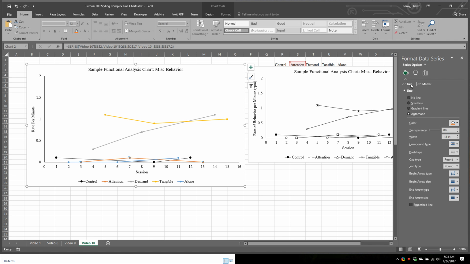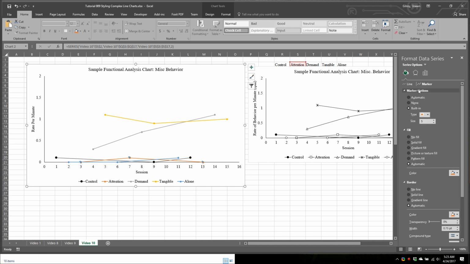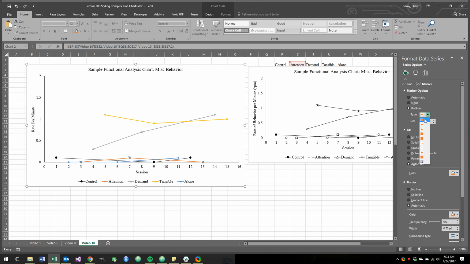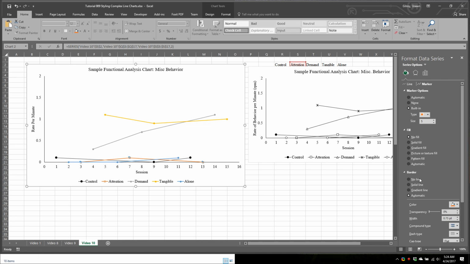Off the bat, let's change our marker first. Now here we have attention, and that is a box filled white with a black border, and it's a square. So we'll select built-in and use the square. Now the square looks weird here. You see a lot of squares, but that's just because the fill is filled in. If you say no fill and no line,